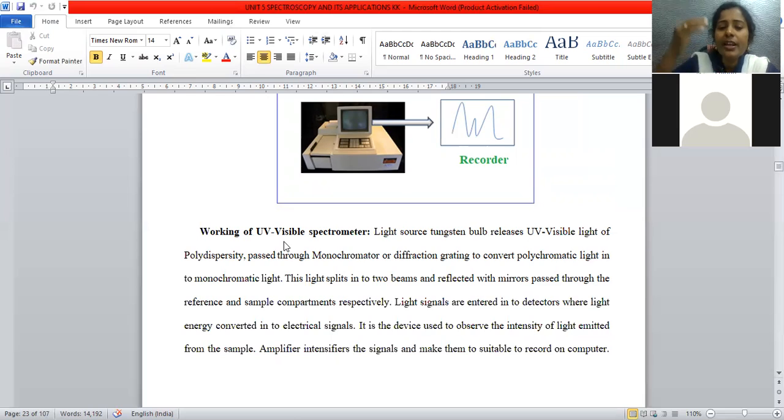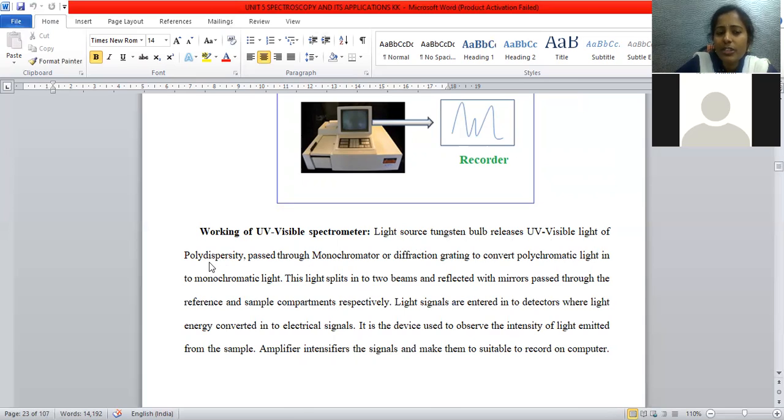The UV visible range lies between X-rays at the top and IR radiation after visible. It is high-energy electromagnetic radiation that provides electronic transitions within the molecule. That kind of radiation is emitted by the tungsten bulb placed in the spectrophotometer as the light source.